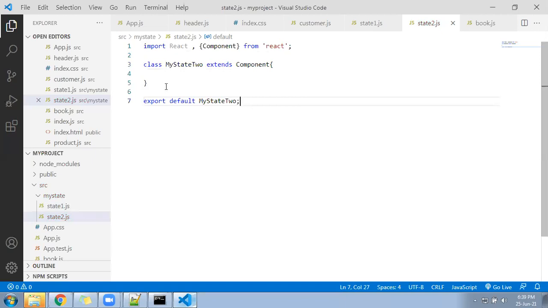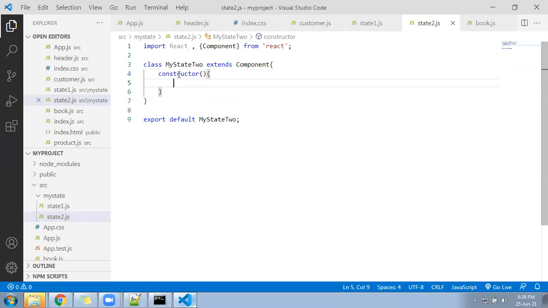Now after that, we will go under the class and we will follow the constructor. Inside the constructor, we need to call the super function. Why?